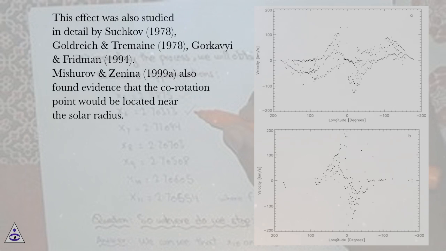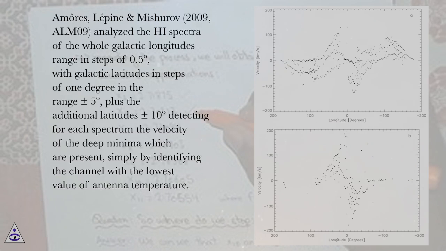This effect was also studied in detail by Suchkov, 1978, Goldreich and Tremaine, 1978, Gorkavyi and Fridman, 1994. Mishurov and Zenina, 1999a, also found evidence that the co-rotation point would be located near the solar radius. Amores, Lepine and Mishurov, 2009, ALM09, analyzed the HI spectra of the whole galactic longitudes range in steps of half a degree, with galactic latitudes in steps of 1 degree in the range plus or minus 5 degrees, plus the additional latitudes plus or minus 10 degrees, detecting for each spectrum the velocity of the deep minima which are present,